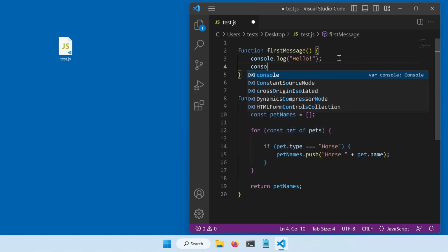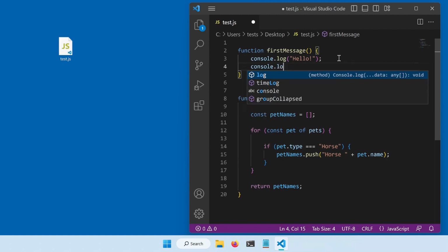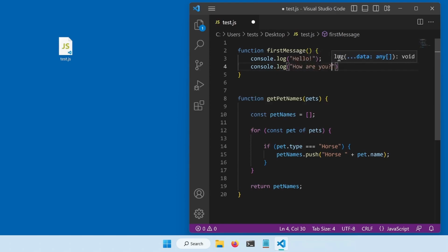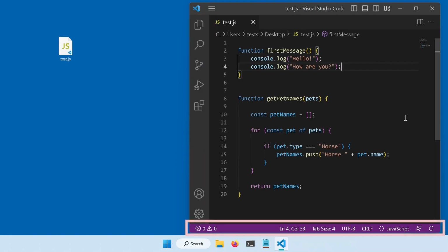And we can also make changes with this editor. For example, I'm going to add a new line here. When you write in this editor, you can see things like this. These are just suggestions that the editor is showing us to help us write code better. But for now, we can ignore all that and just type what we want to type and save these changes. These are the basics of how a code editor works. You can read code in files and change it if you want to. As you can see here, this editor has many other functionalities. We don't need to worry about all of these for now. We will learn more about them as we write more code.